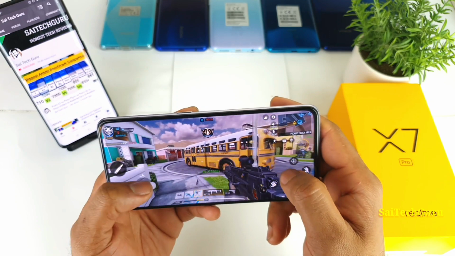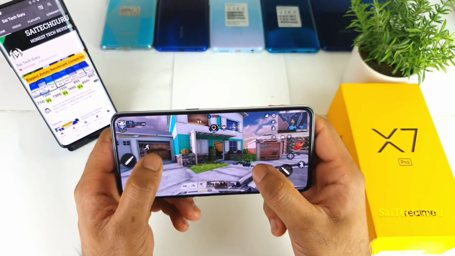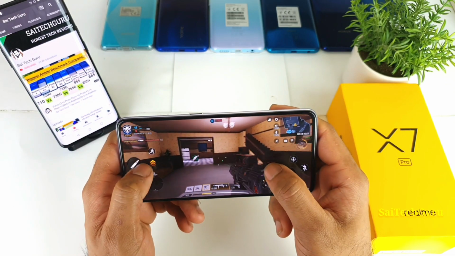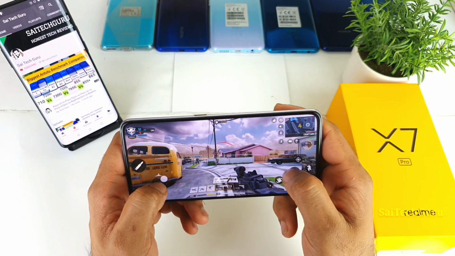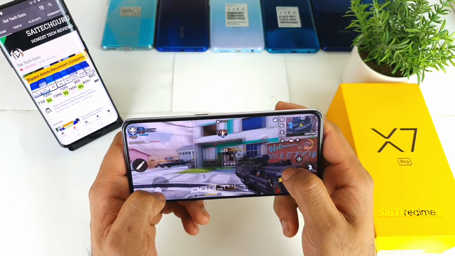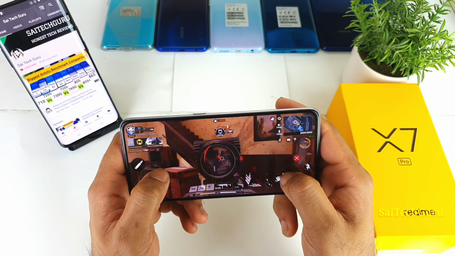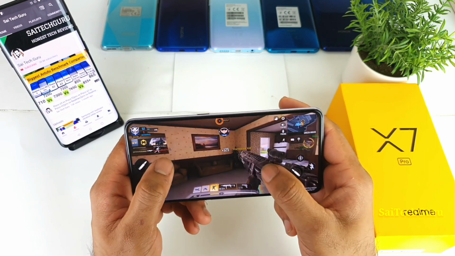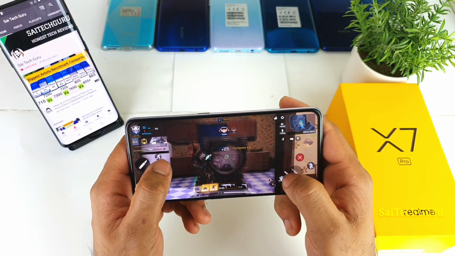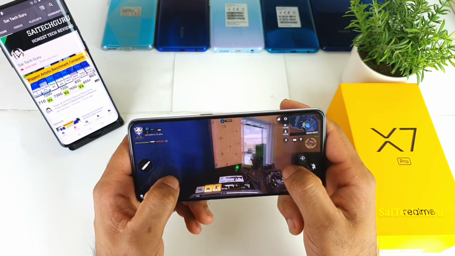I'll update you on the battery life, how I'm going with this Realme X7 Pro, once I do the battery life test, the draining test from 100% to 0%. So overall till now it was very fine and very smooth in terms of the gaming, and no lag even while gaming.